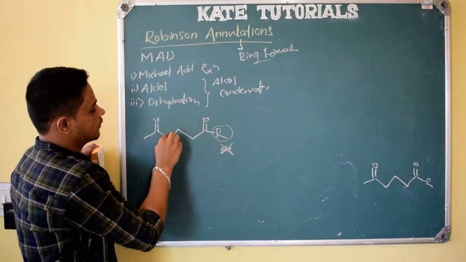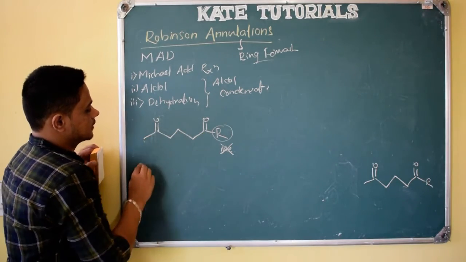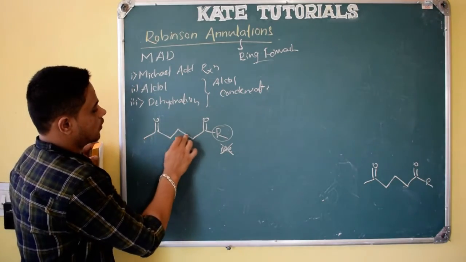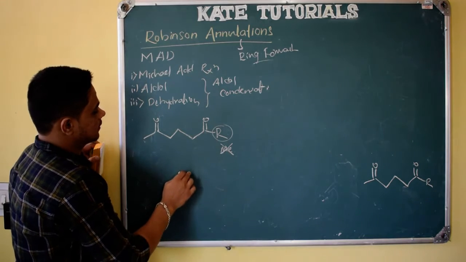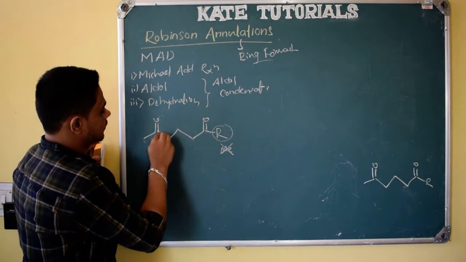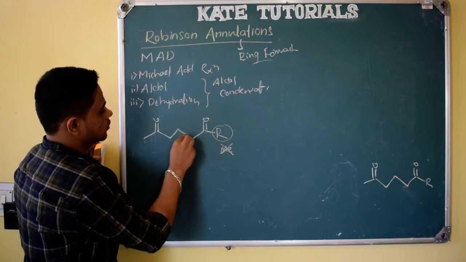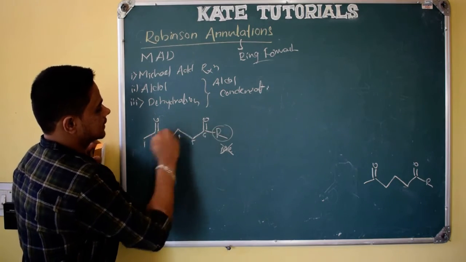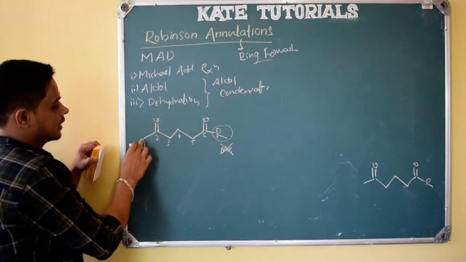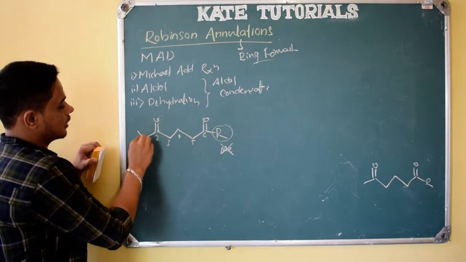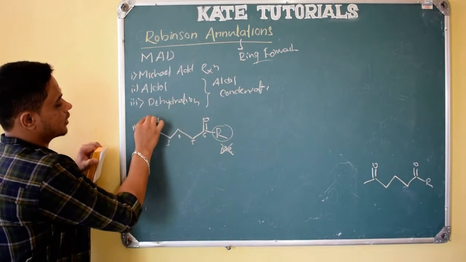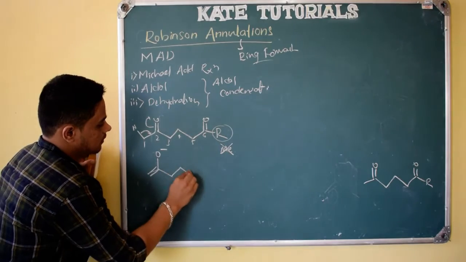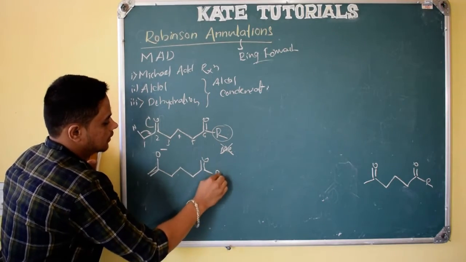So see here. 1, 2, 3, 4, 5, 6. If I do 1, 2, 3, 4, not good. 1, 2, 3, 4, okay. 1, 2, 3, 4, 5, 6. If here also I can write this proton in the form of an enolate structure, right? Like this also I can write O minus C=O R.